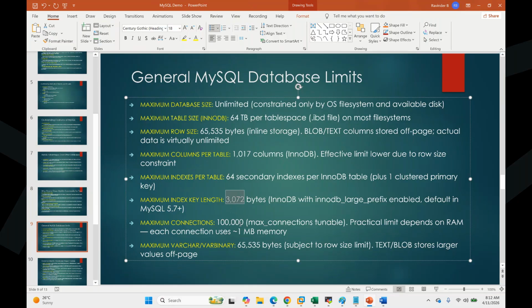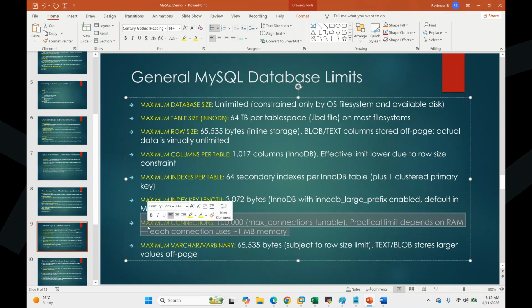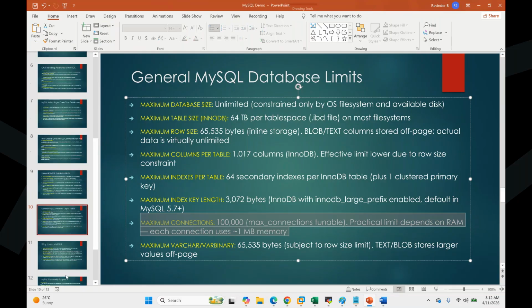Maximum connections is 1 lakh. You never see that big at all. You would see roughly 200, 2000, 3000, maximum 5000 max connections configured on the larger systems. You don't go to 1 lakh, which is too big anyway. I have never seen such. The maximum I've seen is 5000 concurrent connections, as seen in the max connections config. So this is all informational, guys. Nothing much I can say here.